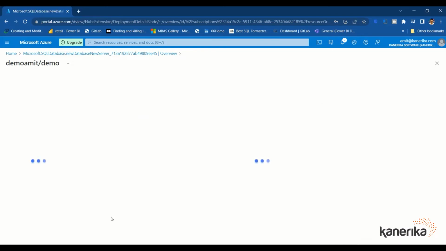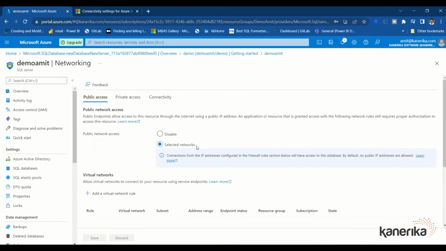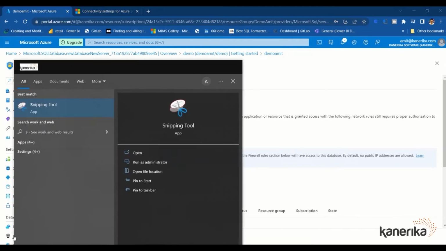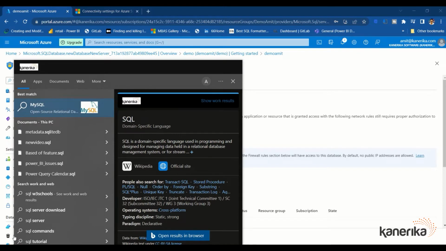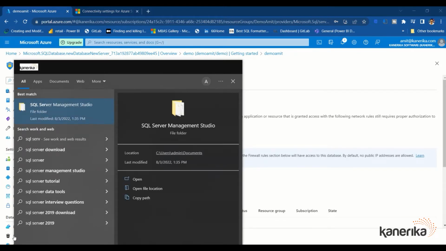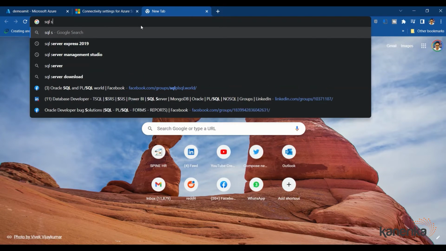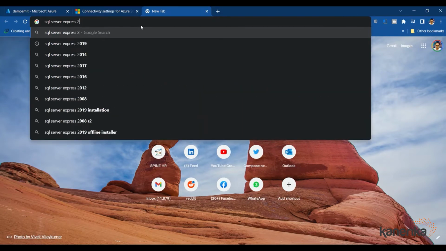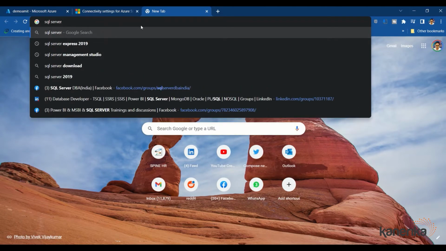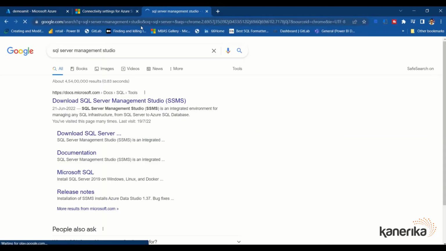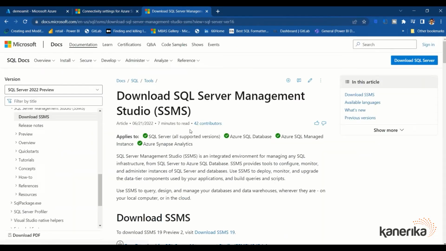And I can say go to resource, and I could see right now the access rule, which is because of the firewall we got. So what I'm going to do is I'm going to see, do I have SQL Server Management Studio? I don't have it right now, so I will install SQL Server Management Studio 2019, and then I'm going to connect it with the Azure SQL Server. I don't need SQL Server Express, I actually need SQL Server Management Studio. So let me download SQL Server Management Studio,